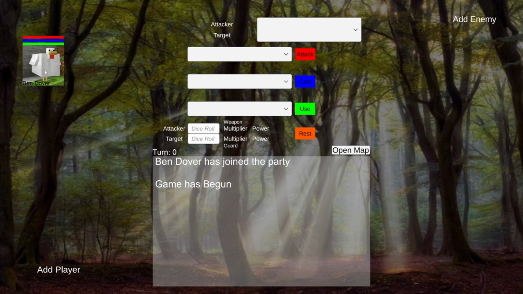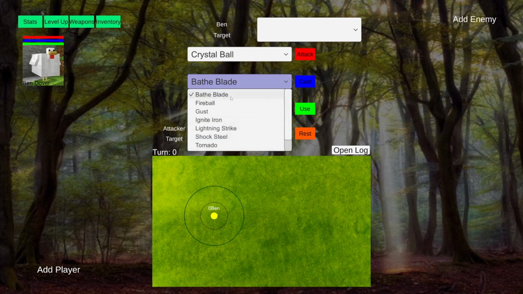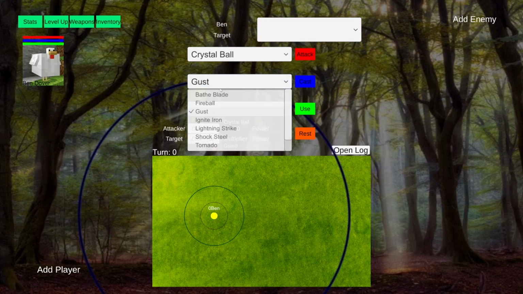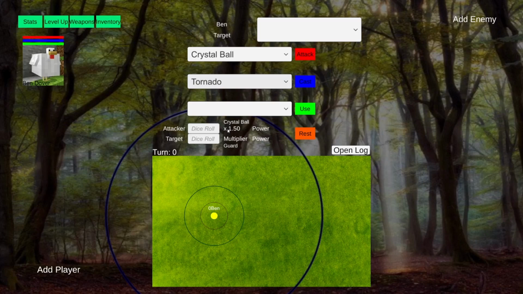So let's begin. Alright, so the first thing that I added was I nerfed spells. So if we switch over to the map, this is our boy Bend over. Get him to hold his crystal ball, and these are all the spells that he has. And as we can see, spells now have a range indicated by this blue circle. Actually, that might have been last month. Maybe that was in last month's as well. But what definitely wasn't in last month's is